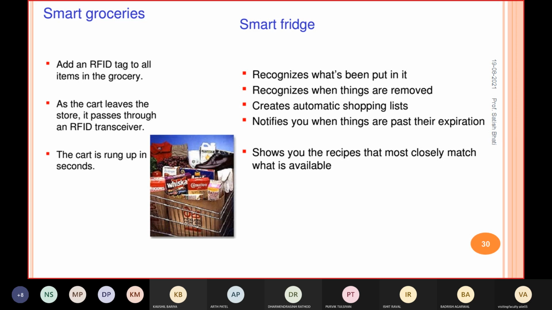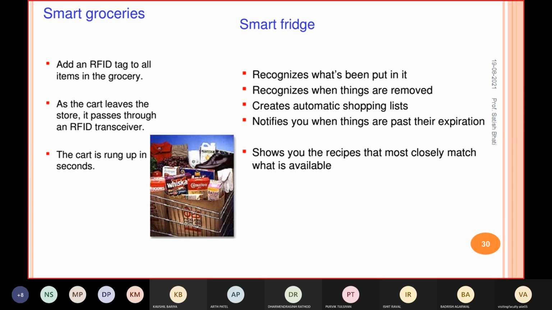A list of what items you should purchase, right? Like you have a schedule, every weekend you will go for shopping, then every weekend it will generate a list like, this item is not inside the fridge, so you should purchase it, right? Also it will provide you a recipe or suggestion based on whatever items are available inside your fridge. Like in your fridge you only have one vegetable, right?